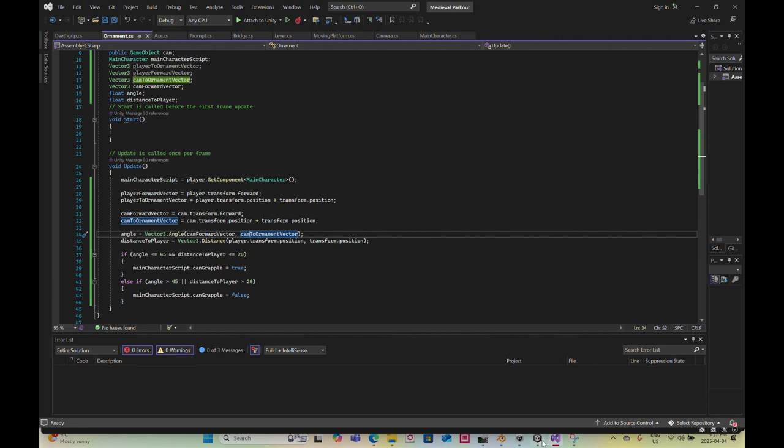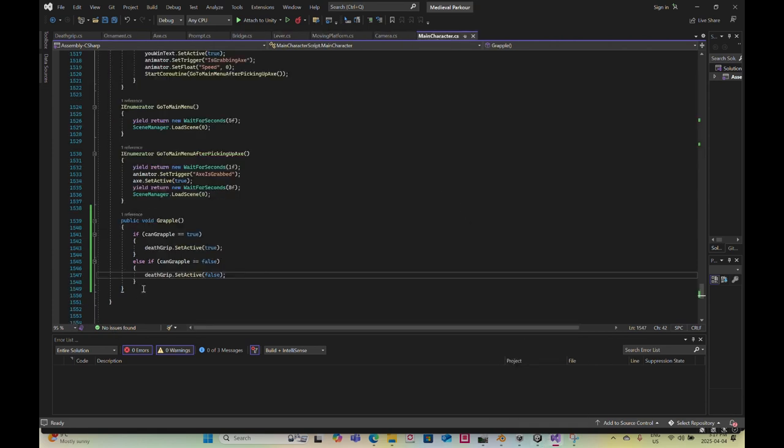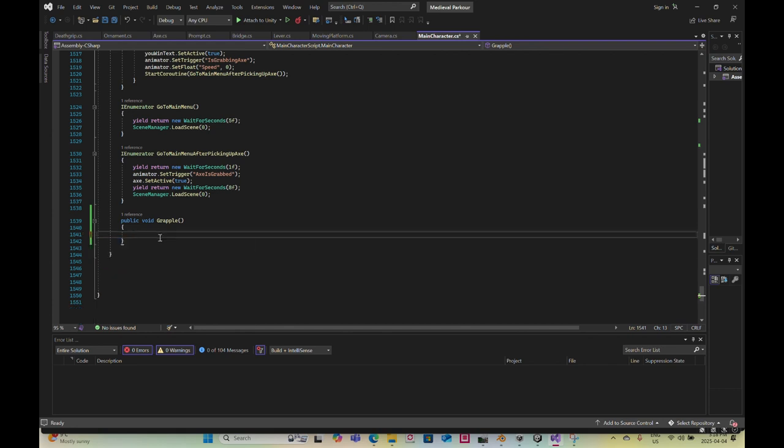So the main character, I don't need this anymore because this is just a test. I was just using the death grip visibility as a test to see if this works. So it does work. So the can grapple boolean is being set. So the next thing that I want to do is